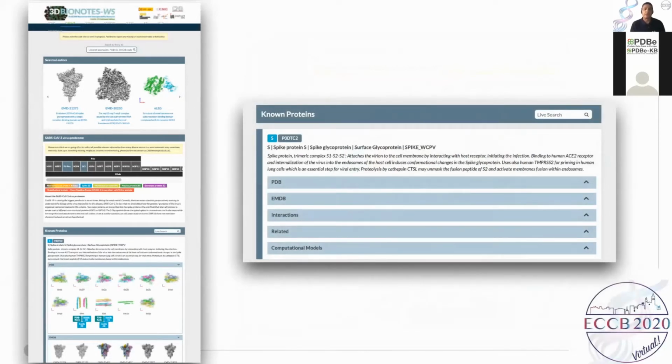Then we have a panel with a brief description of the protein and its role, for example, the role in the virus life cycle, some biochemistry and so on. And these panels contain all known structures organized in 5 sections.